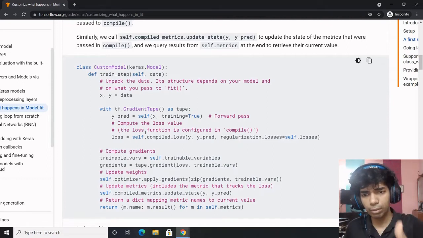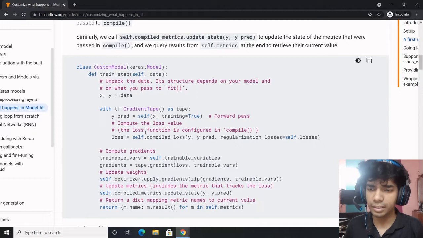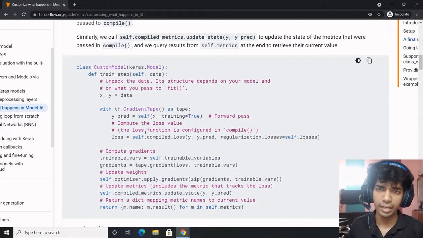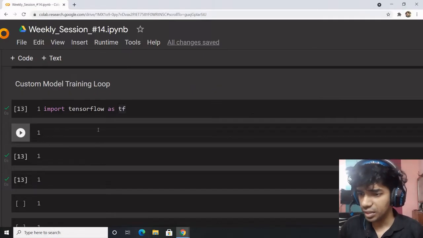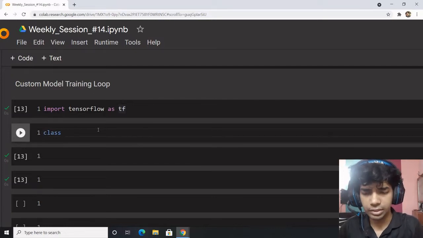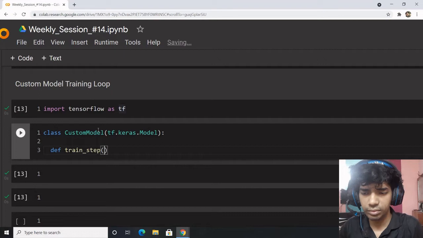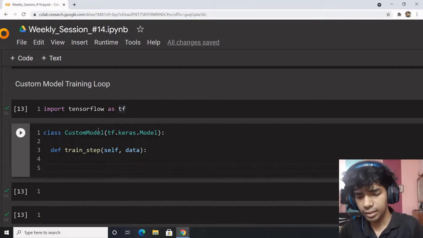So the first example would be a bit complex, but once we start proceeding to a greater depth, we'll be able to understand what exactly model.fit is doing and how we can control the different parameters which are controlling the model training. So this is how it is done. Let's dive in. The initial part is extremely similar: custom model, tf.keras.Model. You will be getting data, right? The data needs to be unpacked into x and y.